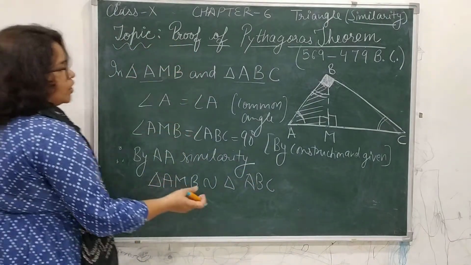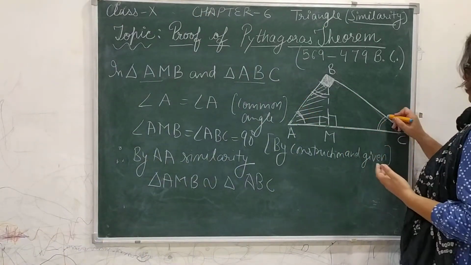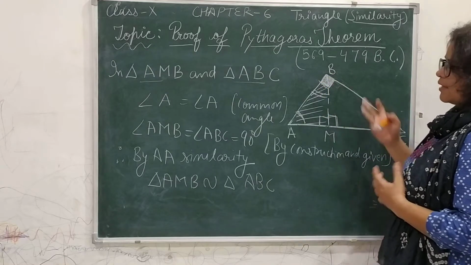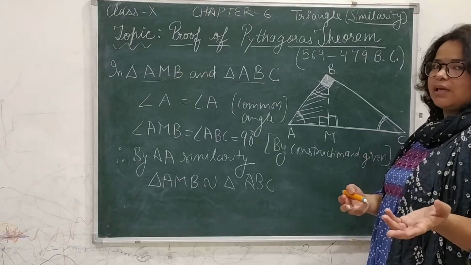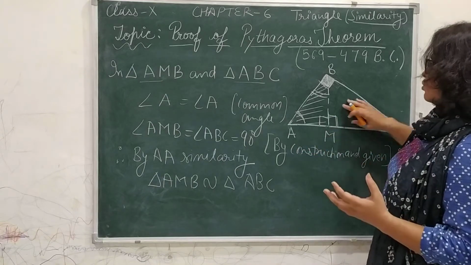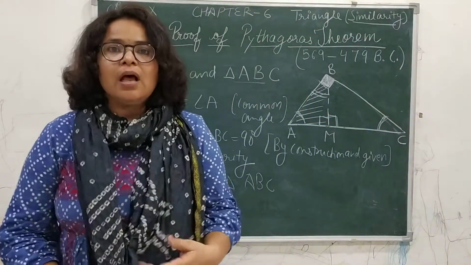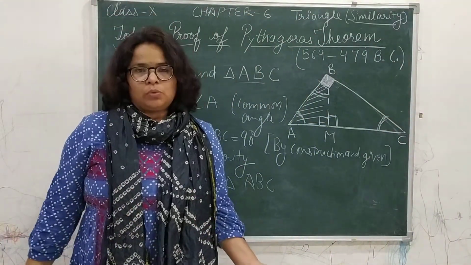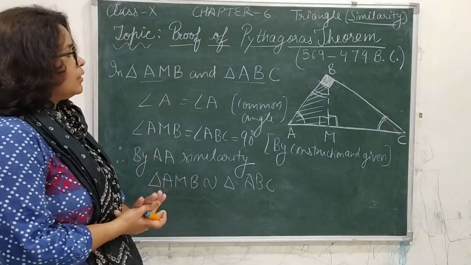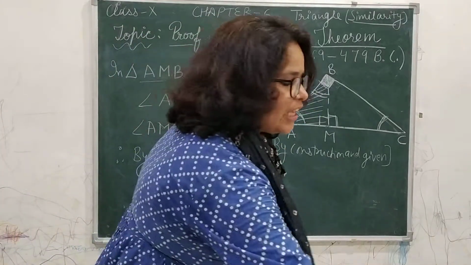By this similar kind of logic, if we come and observe this triangle and the larger triangle, you can see this angle is common, this is 90 degree, this is 90. So two angles are again equal and the third angle will obviously be equal. So this triangle will be similar to the larger triangle. If two triangles are similar to the same triangle, then by Euclid's axiom, if two things are equal to or similar to a third thing, then they are similar to each other also. So this is a result, we will use it directly, that these three triangles are similar to each other.